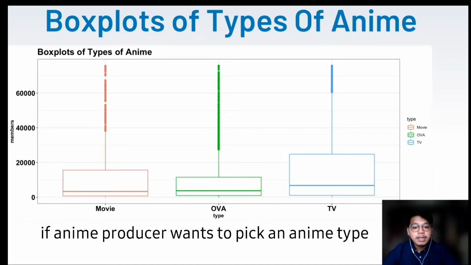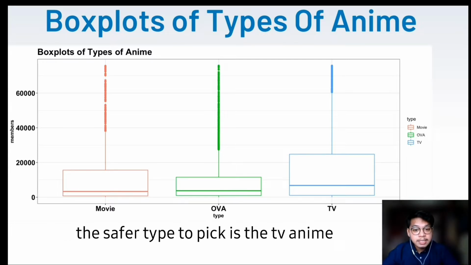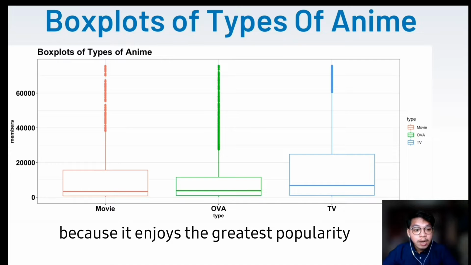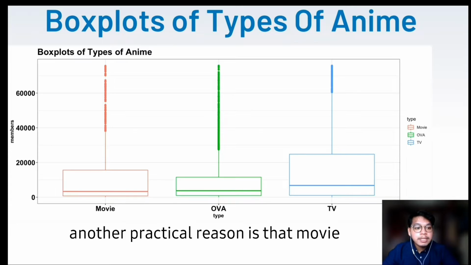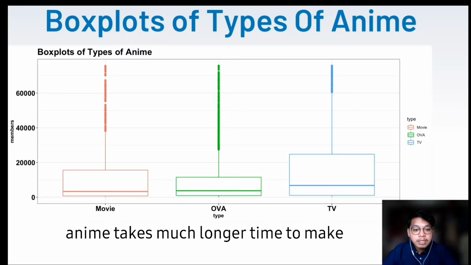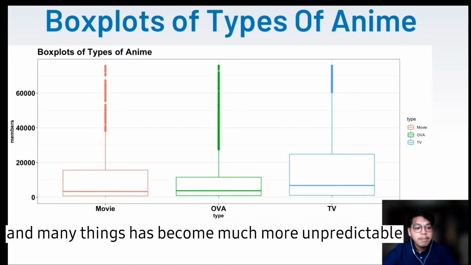In a nutshell, if an anime producer wants to pick an anime type, the safest type to pick is the TV anime because it enjoys the greatest popularity and the scores of the TV anime are not bad. Another practical reason is that movie anime takes much longer time to make, and many things thus become much more unpredictable. Box office,